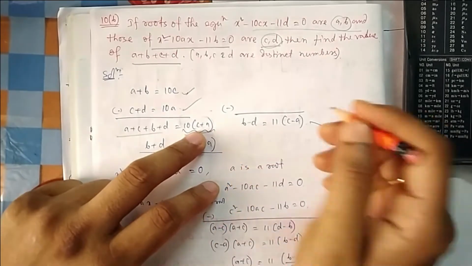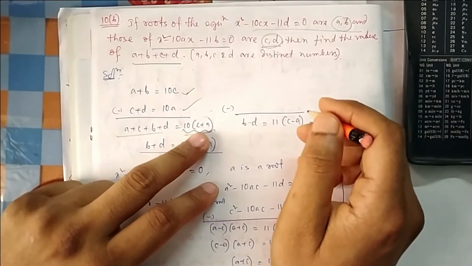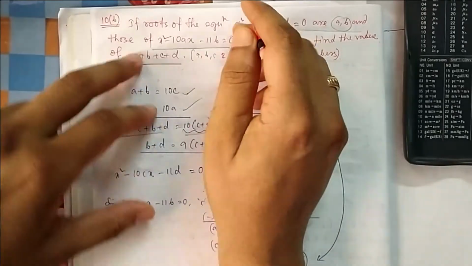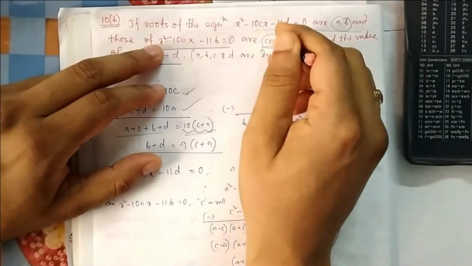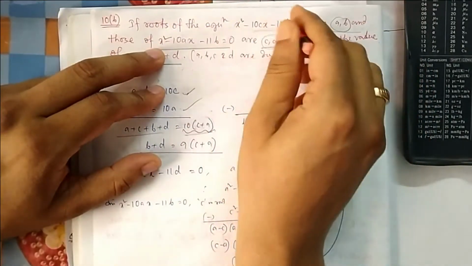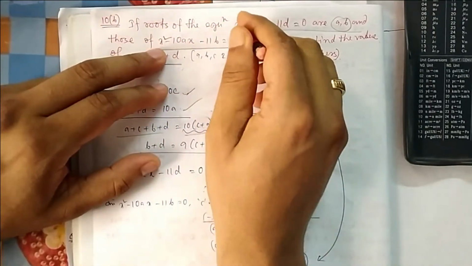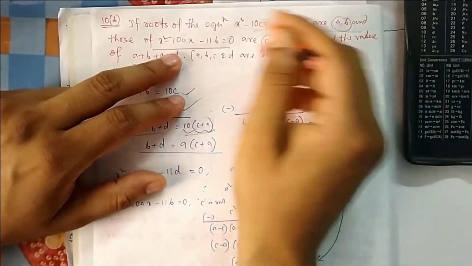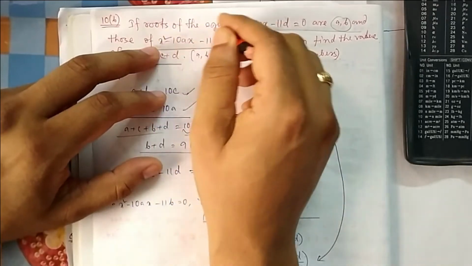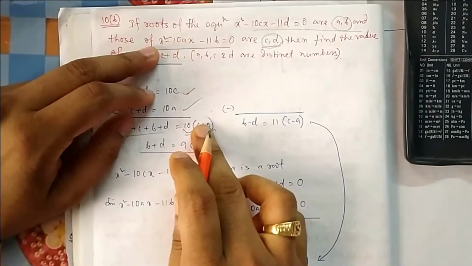Now if you see here, for getting C plus A, what do I need to do? If I take this one, because A is here, C is also here. If I put A here, it should satisfy. If I put C here, it should satisfy. So it is A square, C square. If I take minus A square minus C square, then I can get A plus C.